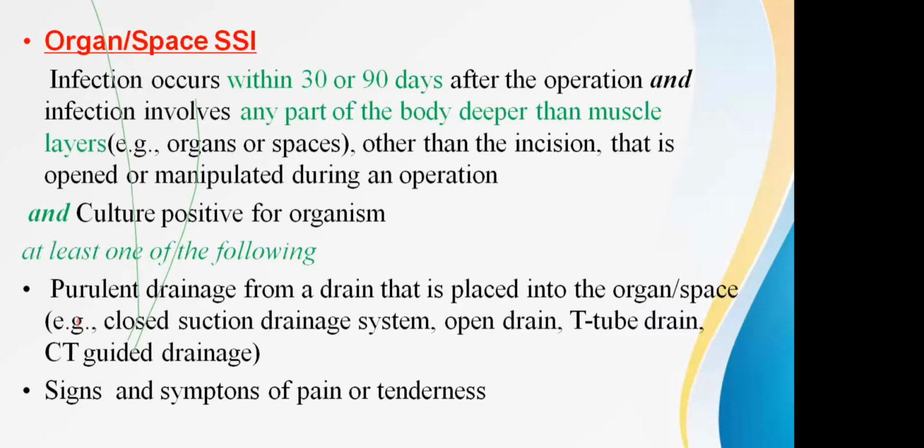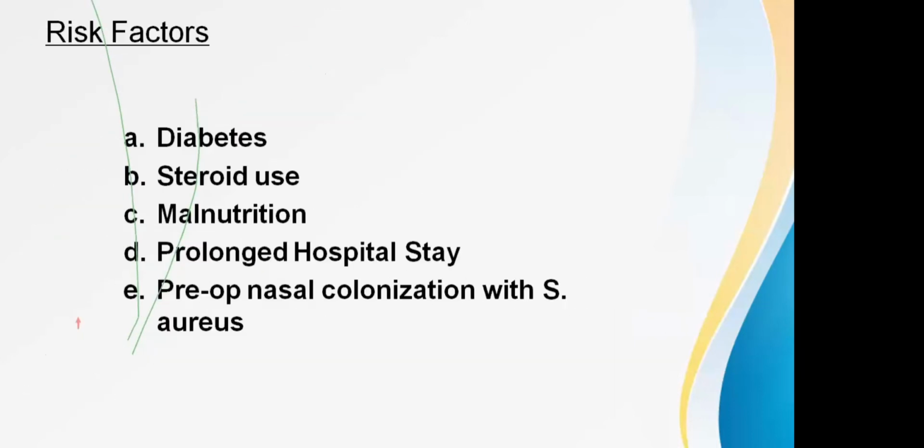So here comes the glitch. When we talk about the risk factors after surgery, yes, the person who is diabetic is very likely to land up with SSI, a superficial or a deep one. Multiple use of steroids, malnourishment, all the immunocompromised components can lead to prolonged hospital stay. Apart from that, there is no movement of the person at one point of time, no proper care is being taken, that can lead to it.